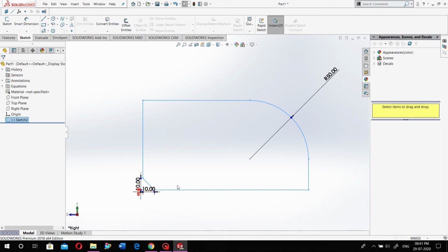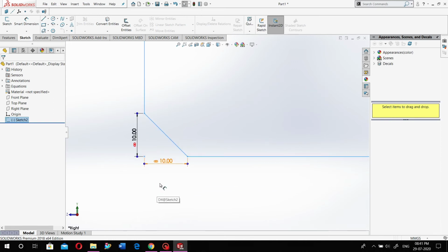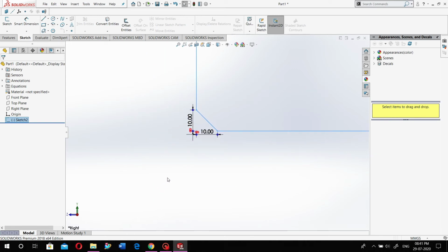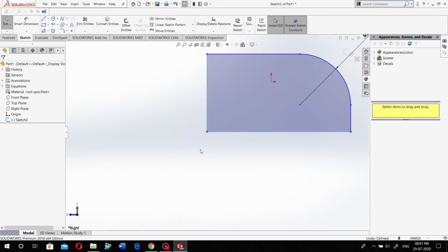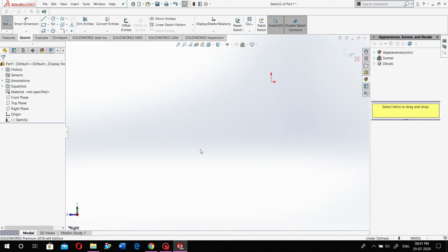So fillets and chamfers are the same, the only difference between them is that chamfers are created for the straight corners, and the fillet is given for safety purposes, that is, round structures are created at the corners. Now here is a polygon.